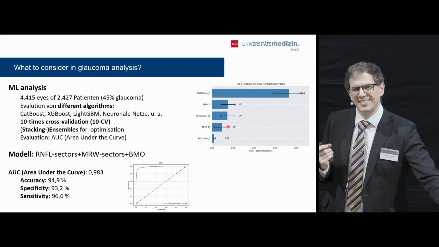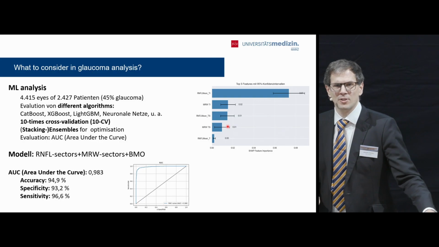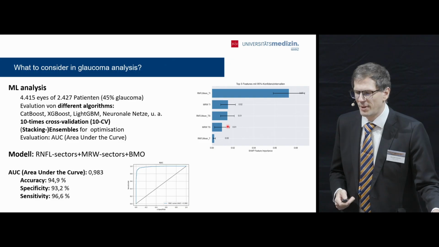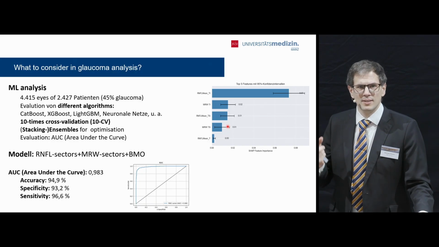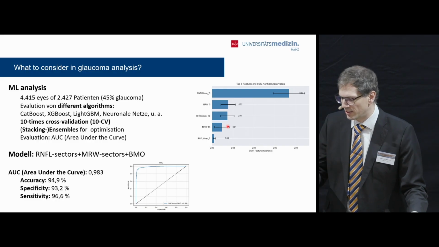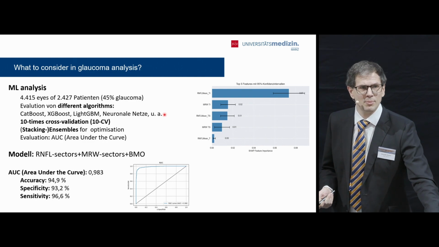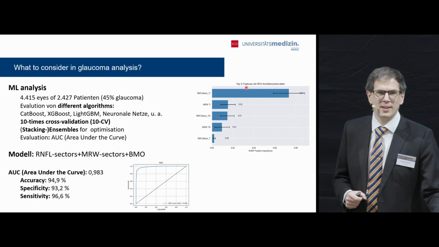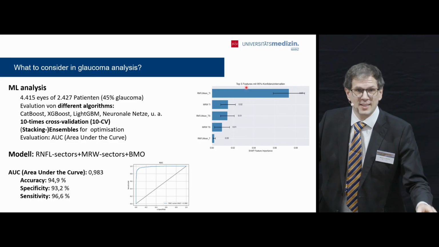There I want to show you a nice analysis that will be discussed in more detail this afternoon when Simon Koenig gives his talk about artificial intelligence. We did a nice analysis with about 2,500 patients, half normal, half with glaucoma, and analyzed what are the parameters that will lead to an actual glaucoma diagnosis later on using artificial intelligence. And you can see that it's primarily the temporal inferior RNFL measurement, followed by the MRW measurement in this sector, then the temporal superior RNFL and the MRW of the temporal superior sector, which makes clinical sense,